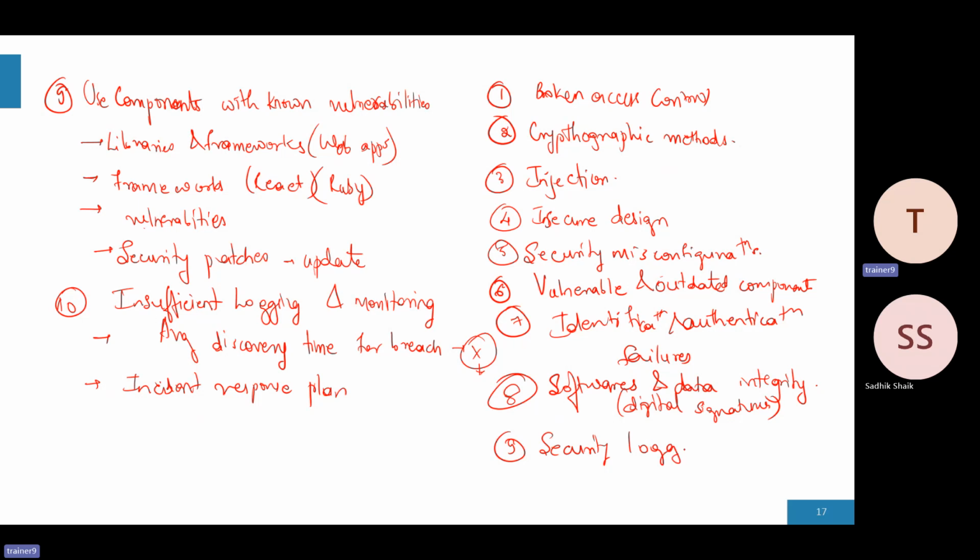That is also there as part of the previous model, so that remains the same as well. And server side request forgery is again something that we have seen. For example, without any kind of proper authentication validation